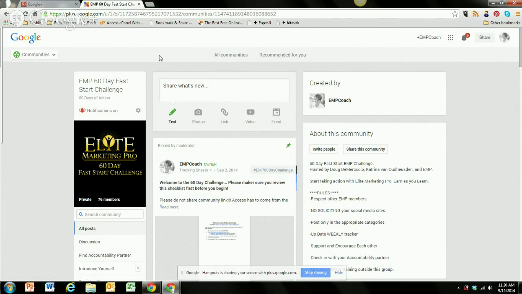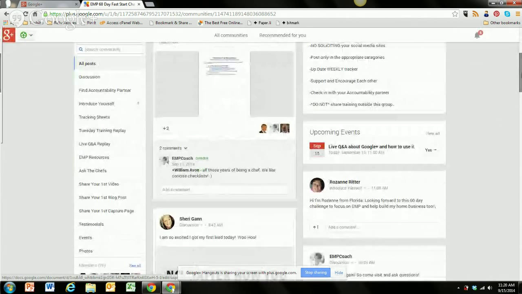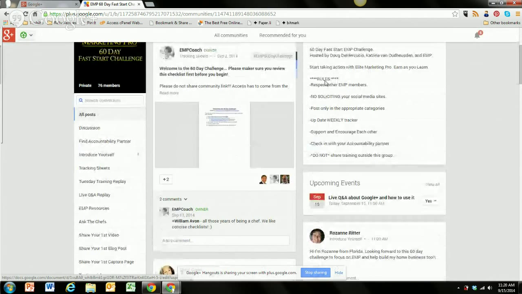As you can all see, there's that simple menu down the left-hand side underneath the main logo that will take you to the specific categories. And again, as you said, one of your first tasks is to connect with someone else in the community, get yourself an accountability partner, and we'll move on from there.